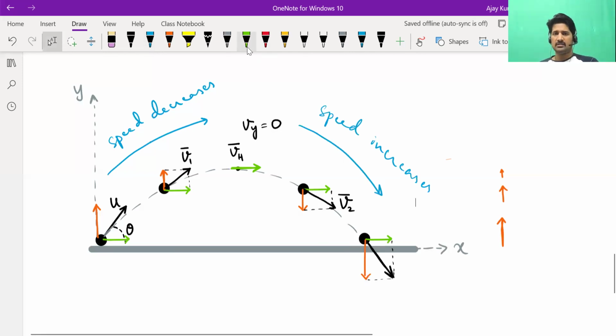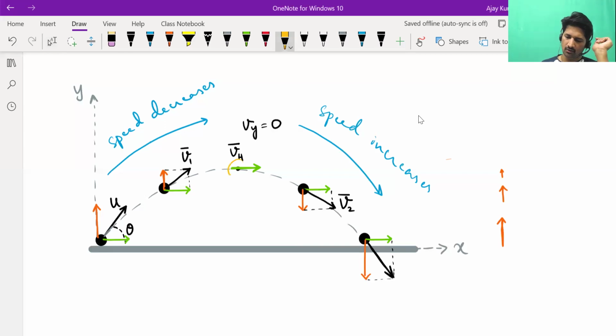Okay, but tell me this, Vanilla, you tell, does the speed become zero anywhere? Totally become zero anywhere? Yes, sir. Where does the speed become zero? At Hmax, sir. Okay, at Hmax, if speed becomes zero. See, generally, speed becoming zero means object not moving. If there's an object here not moving, then due to gravity, it should fall down like this. Vanilla, what do you say? Yes or no?